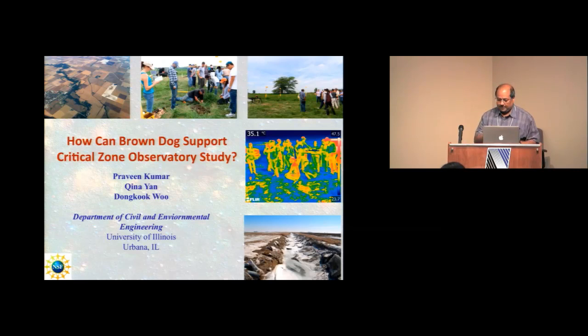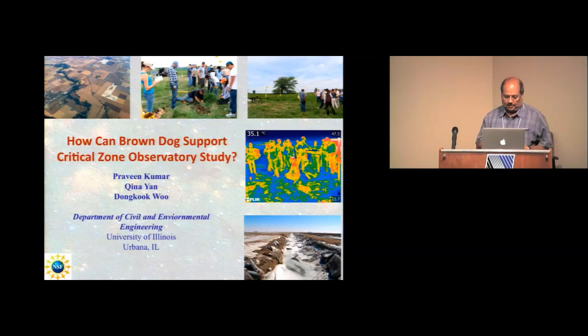The use case that we are dealing with is basically using the critical zone observatory as a test bed for a lot of the brown dot technology and just try to integrate. So I'm going to very briefly present the critical zone observatory context and the data for those of you who are not familiar with it, and then we'll turn it over for some very specific studies that Gina and Dongkuk